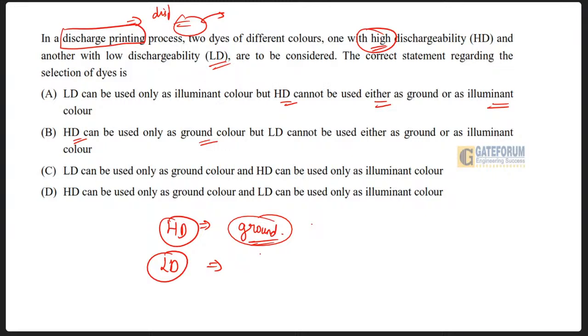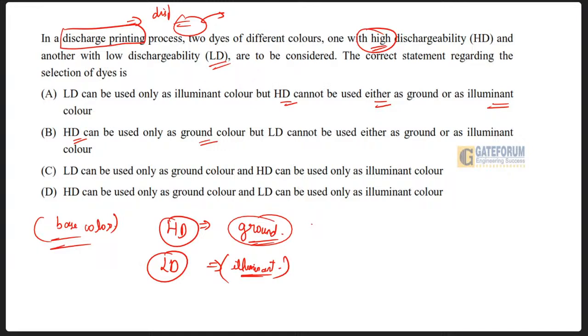इल्यूमिनेंट मतलब दैट इज वन इज विद द बैकवर्ड, जो सामने जो चीज आपकी आ रही होती है वो आपका ग्राउंड कलर ही बेस कलर हो रहा होता है। इसी को हम लोग बेस कलर कहते हैं, ग्राउंड कलर, बेस कलर। और इन द लो डिस्चार्जेबिलिटी उसको आप इल्यूमिनेंट कलर की तरह यूज करते हो। क्यों यूज करते हो इल्यूमिनेंट कलर की तरह, क्योंकि ये डिस्चार्ज प्रिंटिंग प्रोसेस में बहुत कम इफेक्ट हो रहा होता है।